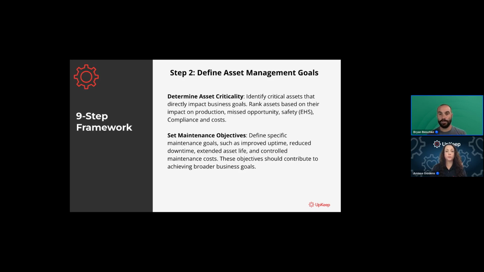Maintenance objectives. What kind of maintenance goals are we looking for? What things are eating our lunch? What are the problems that we're having? What is the vision of the future for our business that we need to get our ducks in order for now, so that we can support that scale of the business later? So do we want to improve uptime? Do we want to reduce downtime? Same thing, right? Extend asset life. Do you want to control maintenance costs, right? What are we trying to do? So we got to know our business to know how critical things are to support those business objectives. And then what are the goals of those assets and what are we trying to do with them?